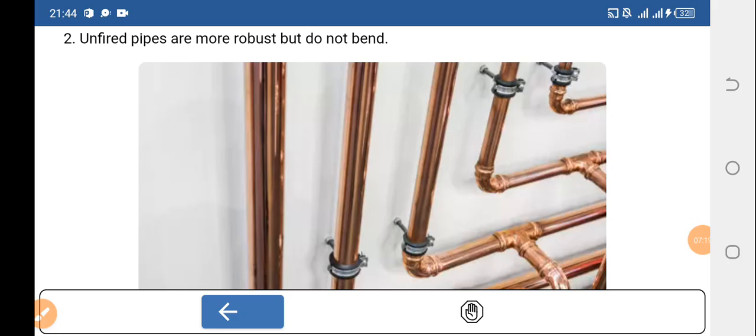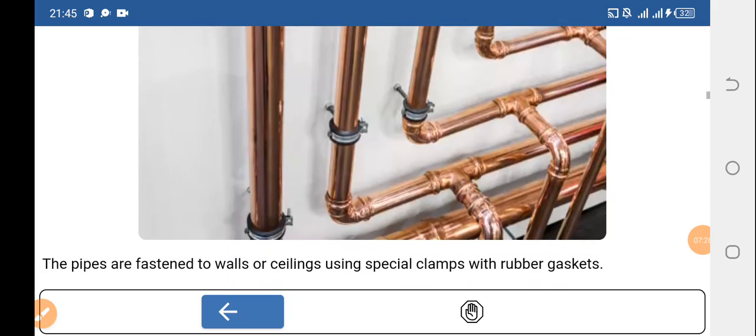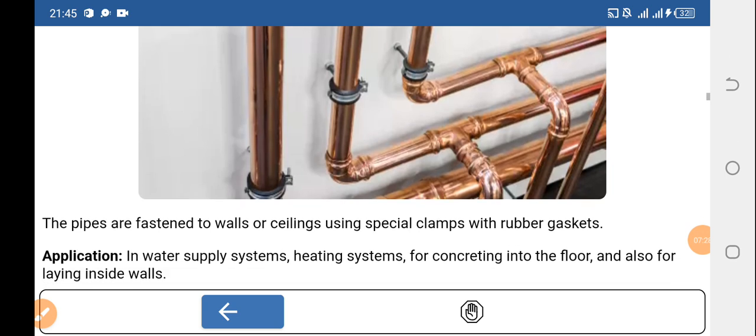we can use fittings like elbows, T's, and the other fittings. We said the pipes should be fastened to the walls or ceiling using special clamps with rubber gaskets. This is to avoid